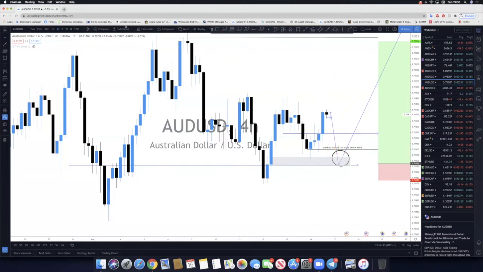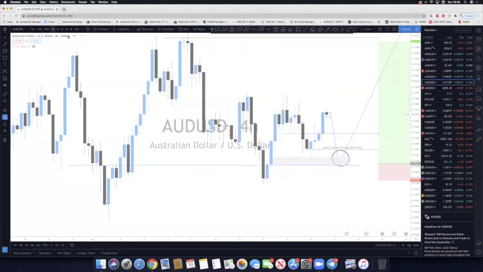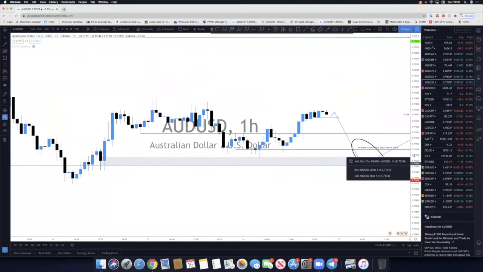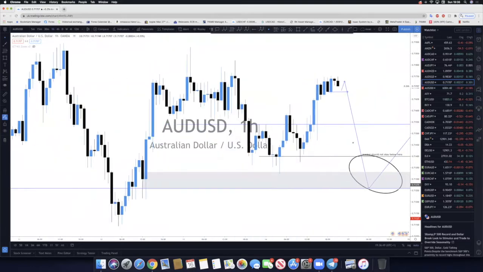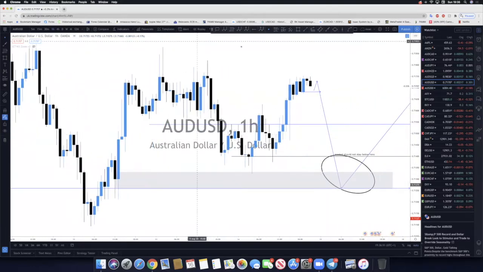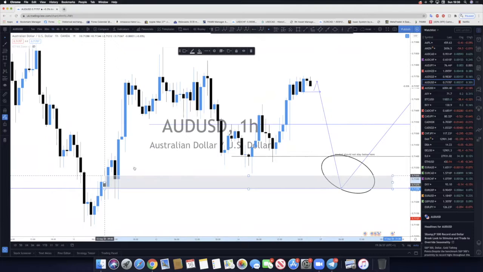So I'll go to the lower time frame, which is 1 hour, and we see how the market reaction on the 1 hour is going to be. I'm looking for where the market is likely to turn. If you look here, we have a few rejections, bullish order blocks, and some other blocks sitting here, and I'm expecting the market to move back to the top.